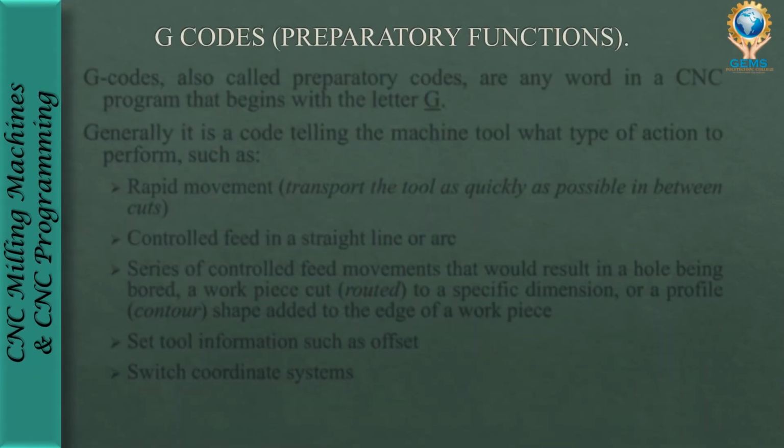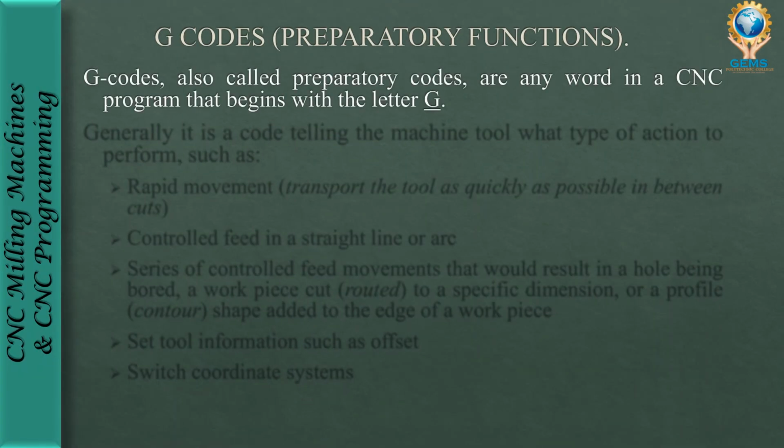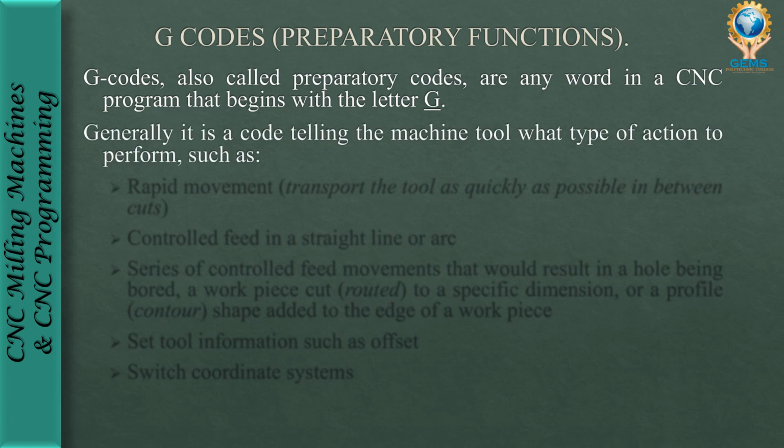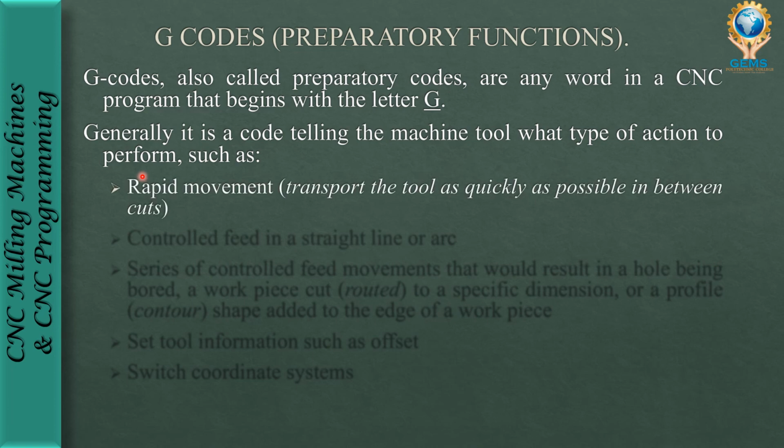Now come to the G codes or preparatory functions. G codes are also called preparatory codes, any word in a CNC program that begins with the letter G. Generally it is a code telling the machine tool what type of action to perform. So this G code tells the machine what type of action you need to perform. For example, rapid movement, transporting the tool as quickly as possible in between cuts,